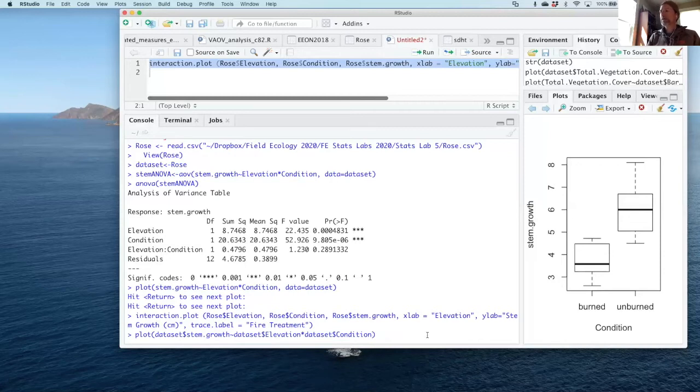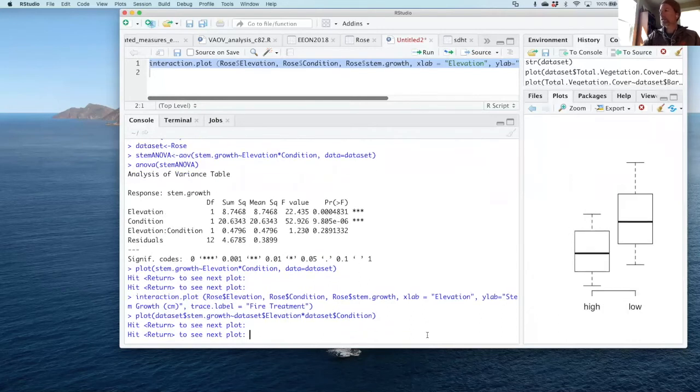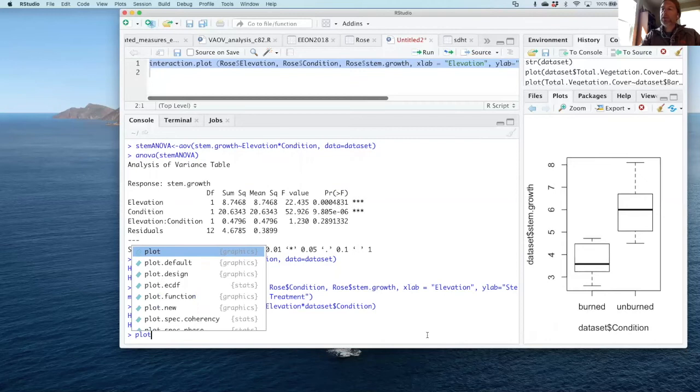And then I should get roughly the same graph. So it's going to have me run each plot one at a time. You see it's producing the same graphic for me. So the $ sign command is a really handy command,